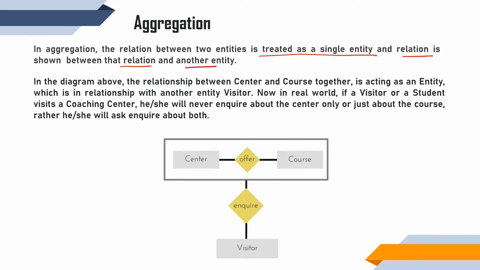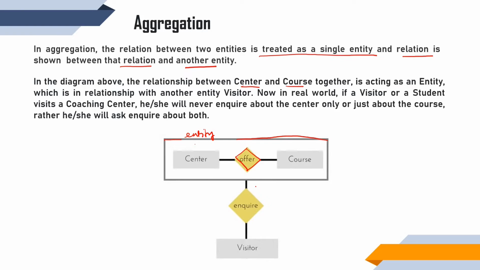Let's take an example. Suppose center is an entity and course is an entity. So some coaching center is offering some course, right? Or some institute is offering some course. Now, this center and course have a relation, offer. So now this offer will be treated in a rectangle. This means that offer will be treated as another single entity, and then we can establish a